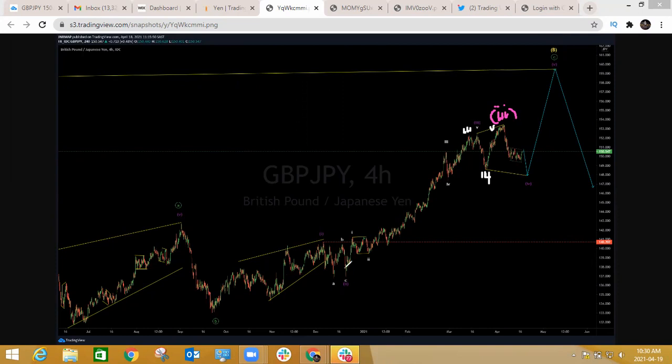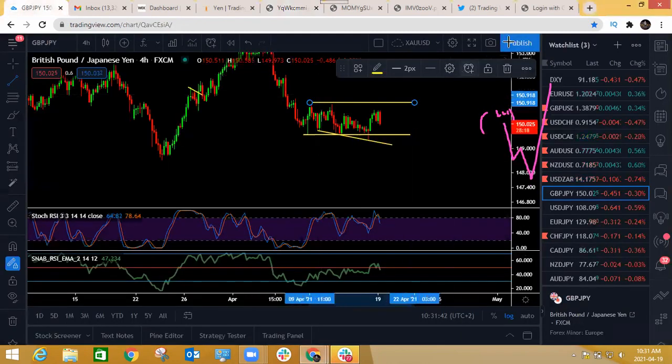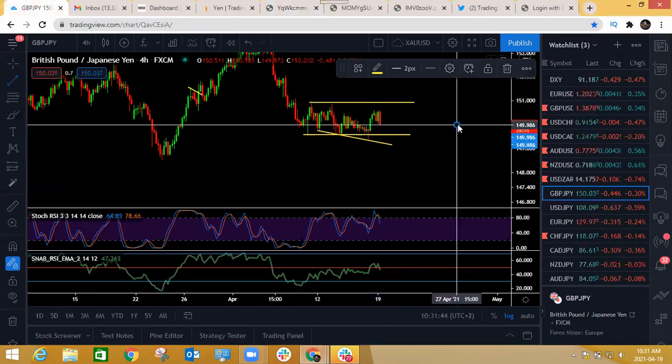Okay, so we end the move here in this area, then we correct with the purple as follows before we push to the upside. So this current pullback could just be all a correction that we require to push to the upside. Now that will just be 1, 2, 3, and then upside. This one being a 3, and this one being a 4. Simple as that. So let's have a look at that structure. So if that is the case, if this is all the correction,